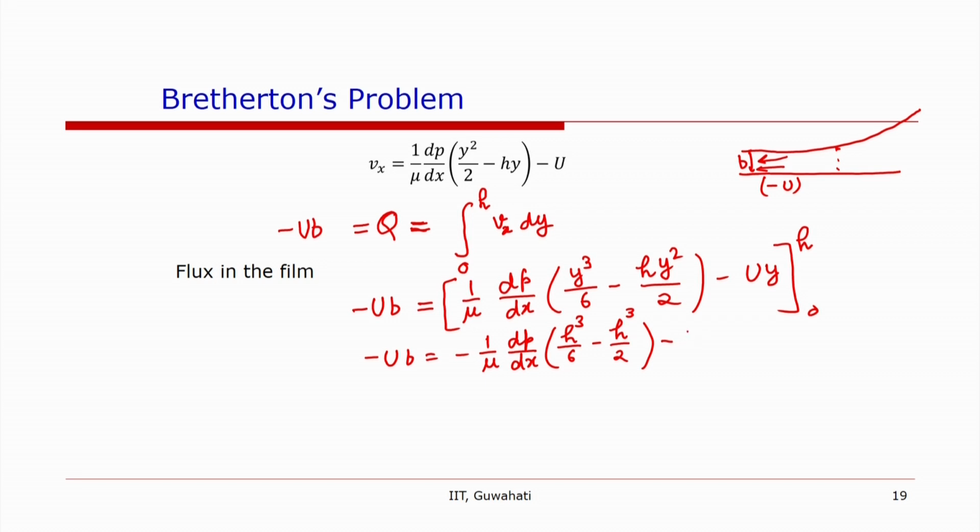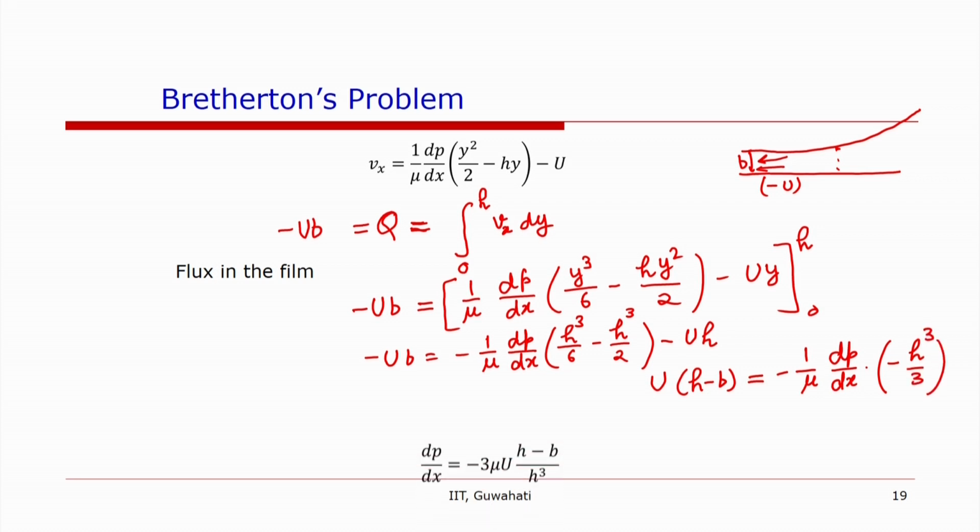So if we substitute here, we will get u into h minus b equal to minus 1 over mu dp over dx into minus h cube over 3. So what we will get is